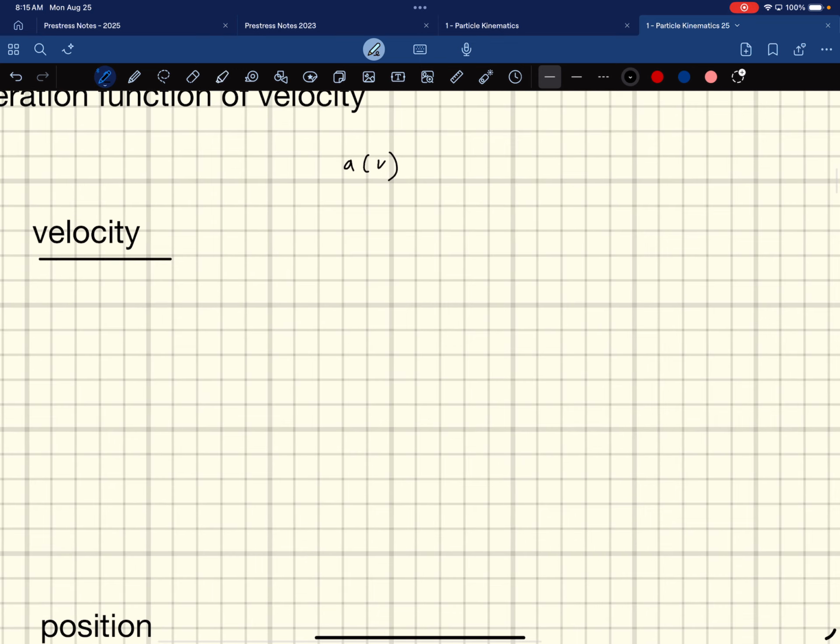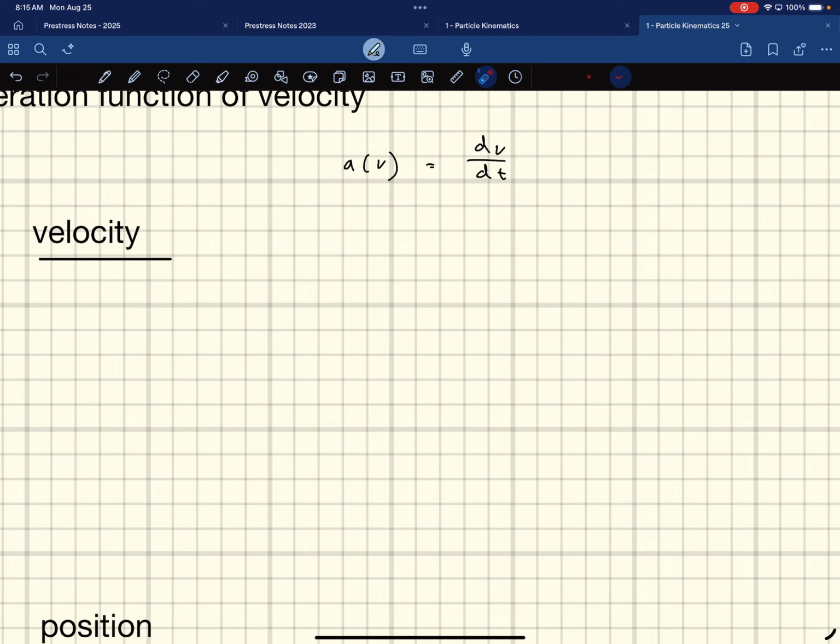All right? a(v) is equal to dv/dt. Now, you see what I'm saying is I can't just put this dt over on this side and then integrate with respect to time, because when I take that integral, my acceleration isn't a function of time, it's a function of velocity, right? So you can't take the integral like that. So then what I've got to do